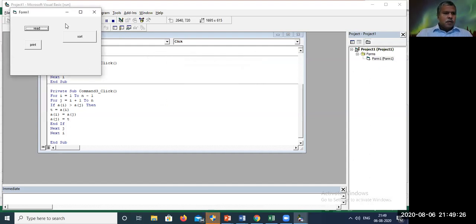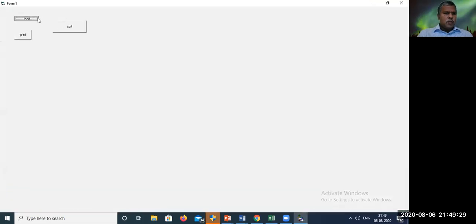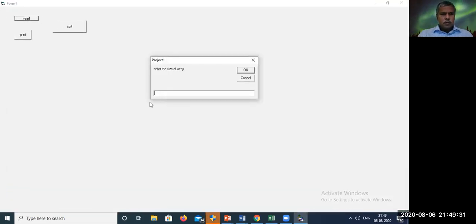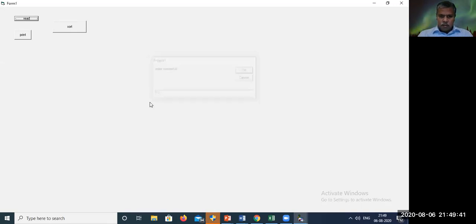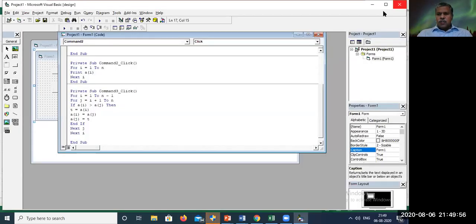Now you can see the print. Again I have 8 elements. Print. Sorting. After sorting, you can see the elements are sorted. So whenever you want to study any sorting method, you just go through the algorithm, work it out,